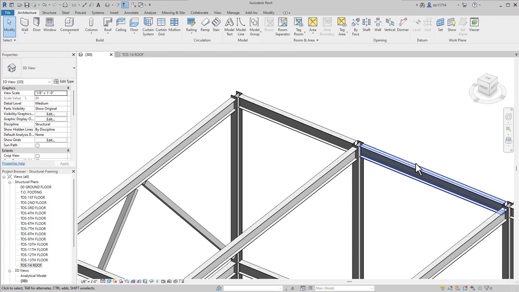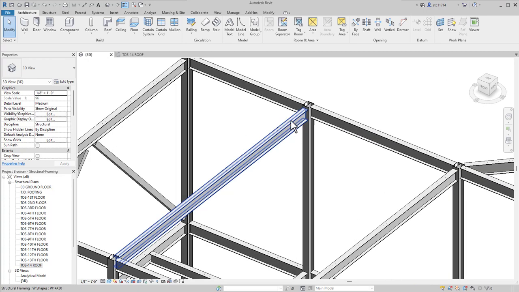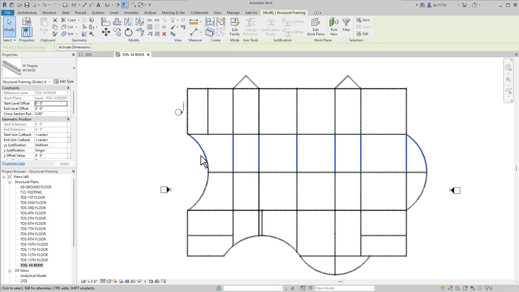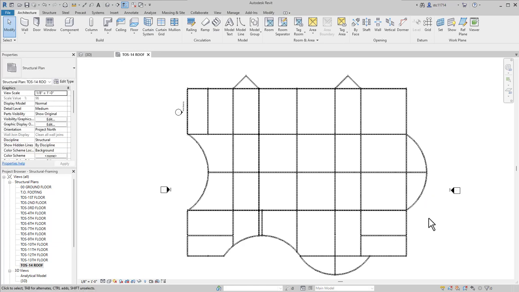If I look at this now in 3D, you can now see that these members are indeed set below the other ones 2.5 inches. I'll go ahead and continue doing that across my building here, including the curved ones. Looks like I'm good so far to have those values. I'm going to hold Control and select the next set here. I could keep going, but just to be on the safe side, I'm going to go ahead and Control V to paste my -2.5 on these so that I don't have to start completely over.